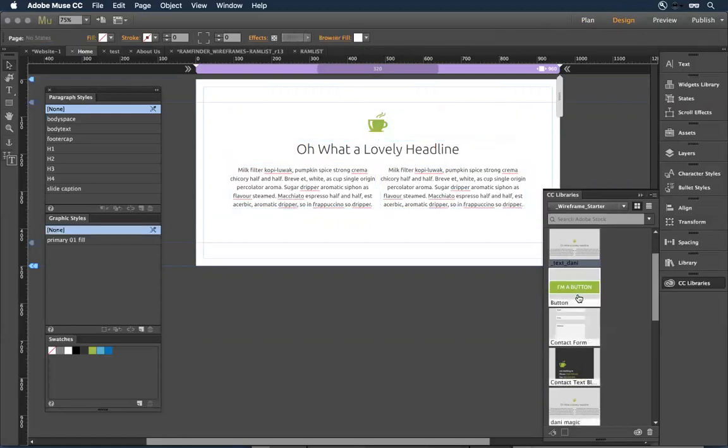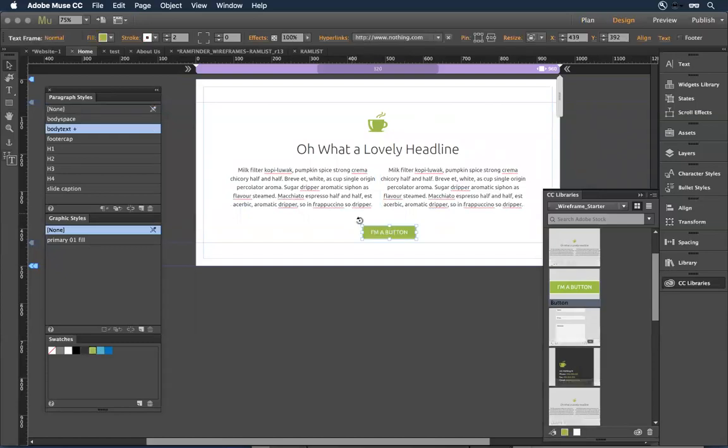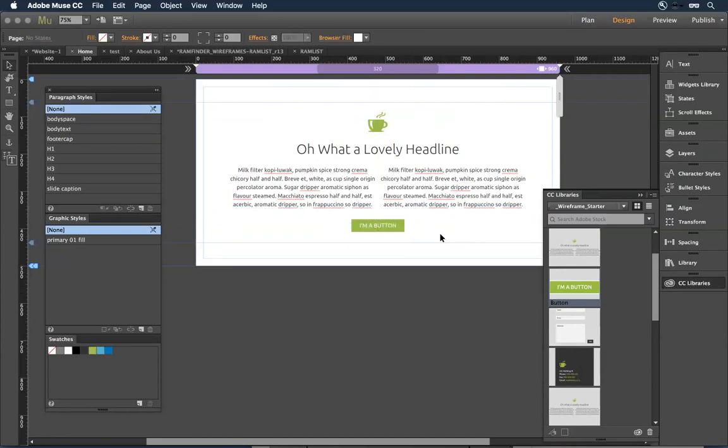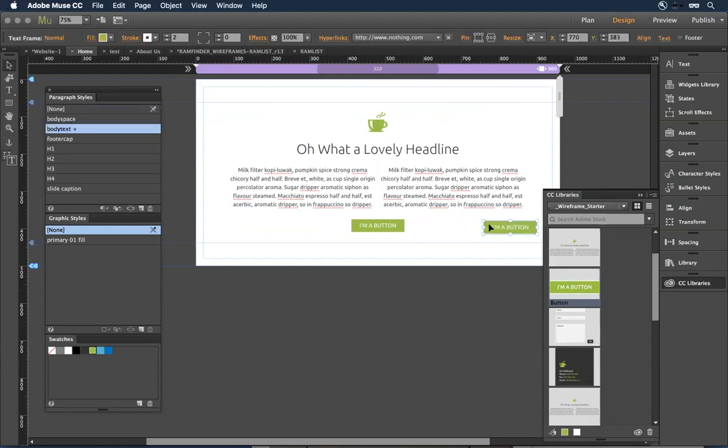So I've got my headline bit. I'm going to have a little call to action button here, and I'll drag that on the canvas. Now I want to point out there's different ways to bring elements into a library using the Creative Cloud libraries. When I press and drag an instance of a component, it is linking that object such that if I had 2 buttons, let's say, on the page, and I made a change, if this source was Illustrator and I changed the color, it would link to the project and it will update all instances if I pressed and dragged it